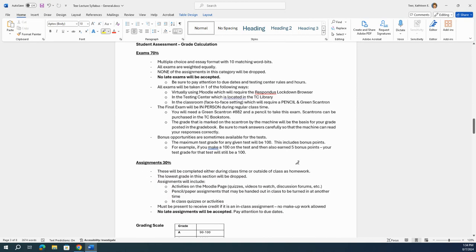And then down here we have how you're going to get your grade. We've got 70% will be your exams. They're going to be multiple choice mostly, but there will be some essays, and in your packet that you're going to pick up, it goes over possible essays. There's also word bits, which are like prefixes and suffixes that can help you in not only anatomy but other classes. Each exam is going to be weighted the same, so all 8 carry the same weight,